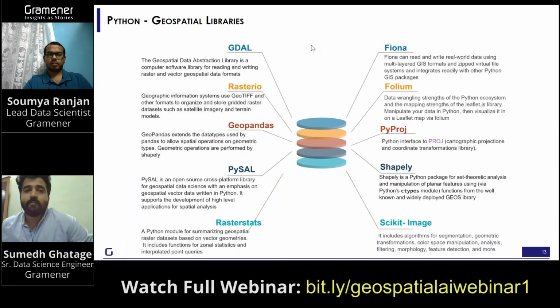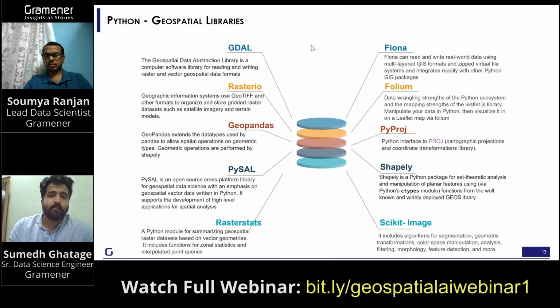Now coming towards Python geospatial libraries. When we talk about data science and especially geospatial data science, Python is the dominant language, I can say. Before that, R was widely used in research and statistical purposes. But since R is not a functional language, with Python we can produce different kinds of products which can be visualized through various web maps and everything.